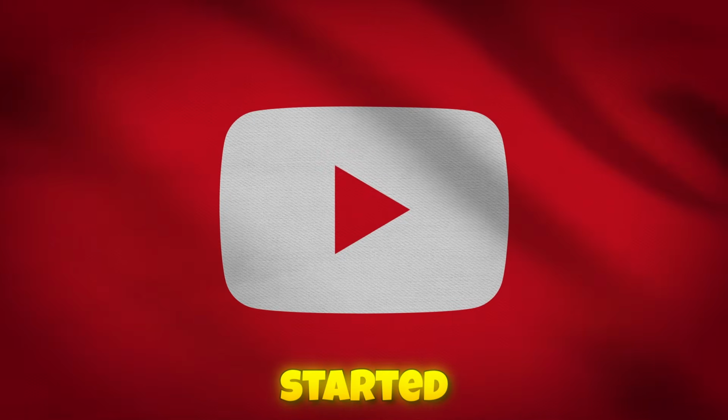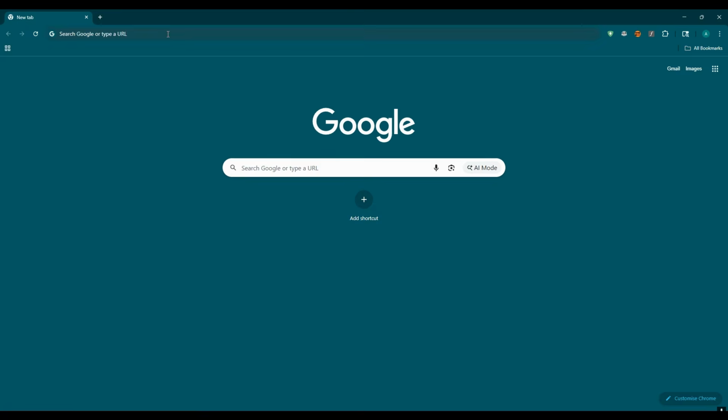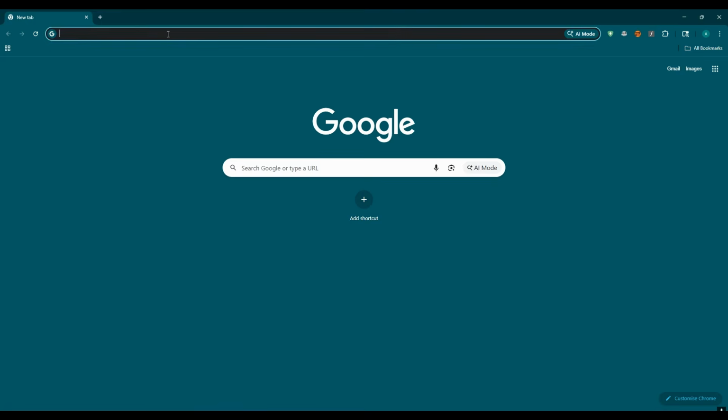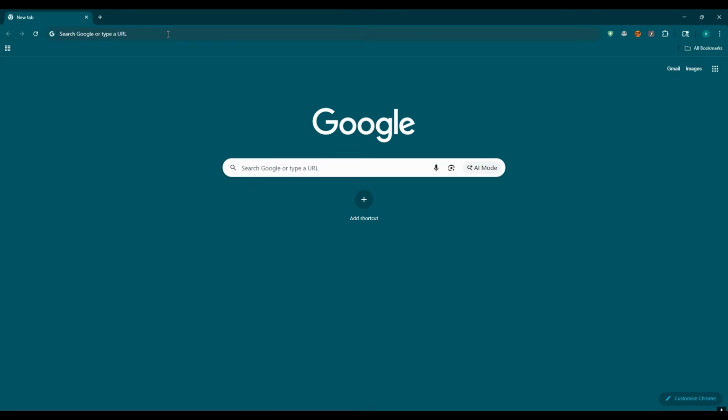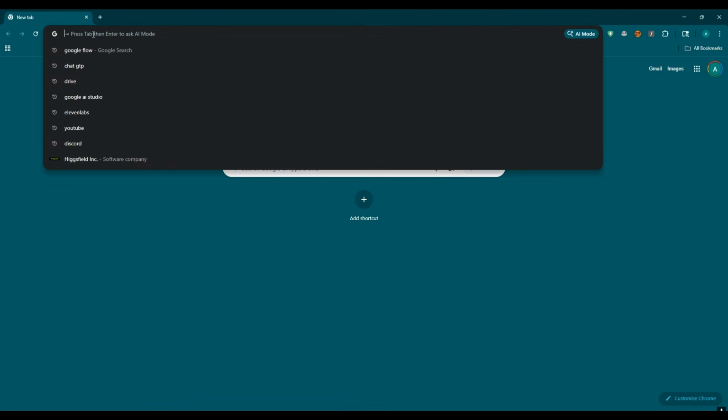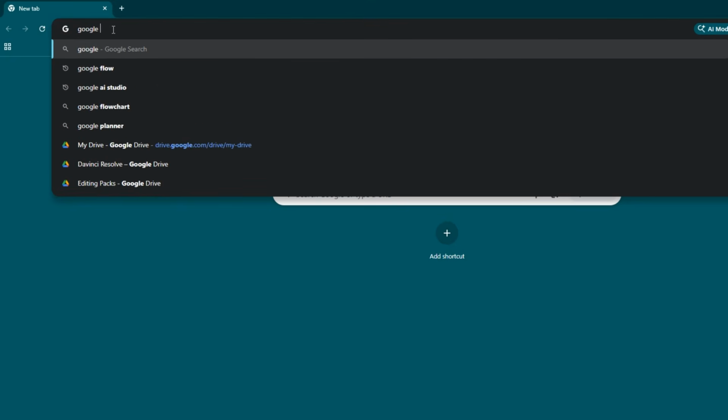So let's get started. Alright, so the first thing you want to do is open up your browser. In my case, I'm using Google Chrome, but honestly, you can use any browser you prefer. It could be Mozilla Firefox, Microsoft Edge, or anything else. It really doesn't matter. Once your browser is open, go ahead and head over to the search bar and type